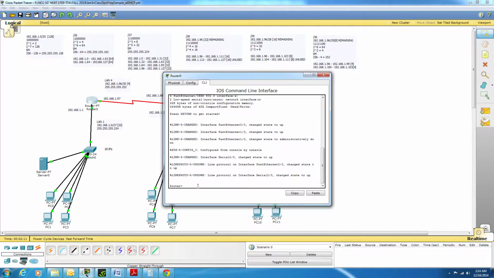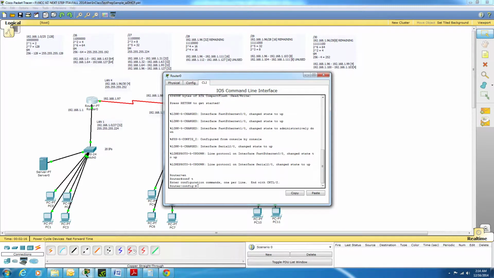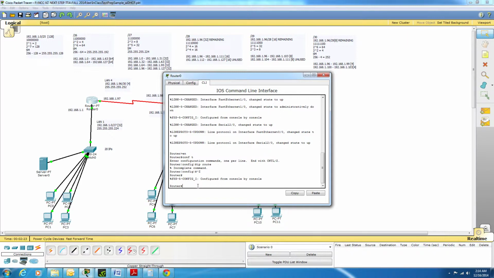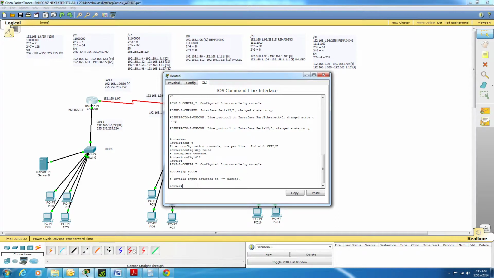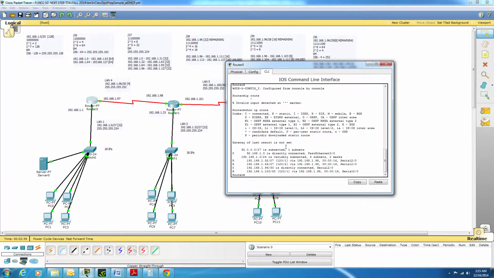So we could do that by doing enable, config t, and then IP route. No, maybe you have to do it from this. Yeah, IP route. IP space route. No, show IP route, I'm sorry. Show IP route. There we go. So this shows you all the routes on,